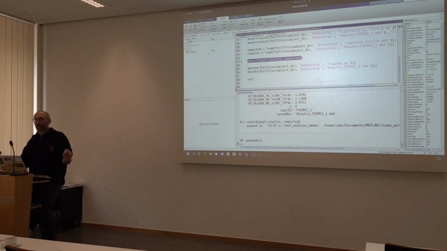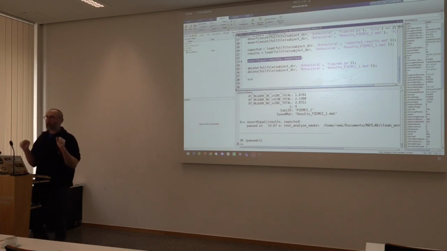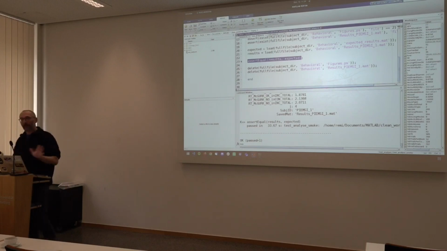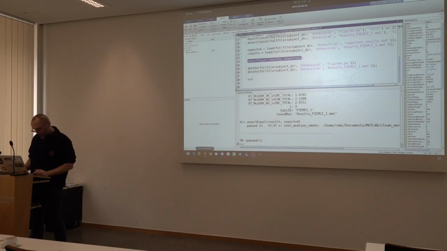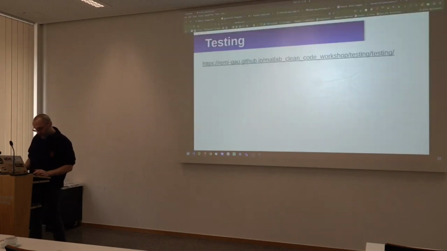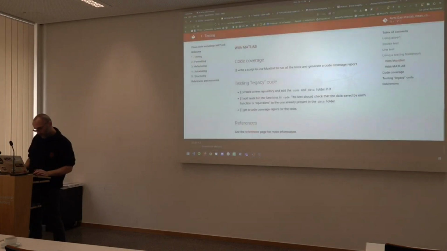So now you're ready to go and clean your code and go completely crazy and just try anything, because you have this checkpoint you can always go back to and say, whatever I do, I know that I can always go back there and start from there, and make sure that the results of my paper are always going to be what they are. Make sense? Okay.